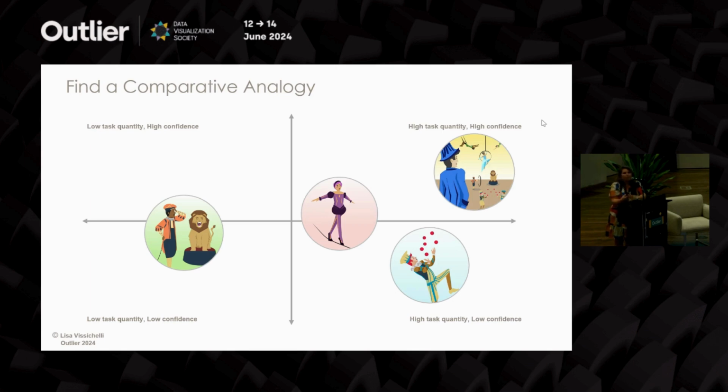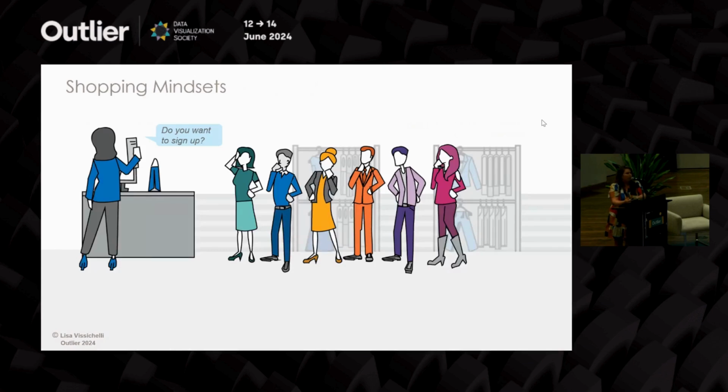What's their level of tasks? And you can kind of get another layer of information here that you might not have been able to with a photo. Another example I like to show is this from a retail project I had where they were trying to understand how to have more loyal customers.